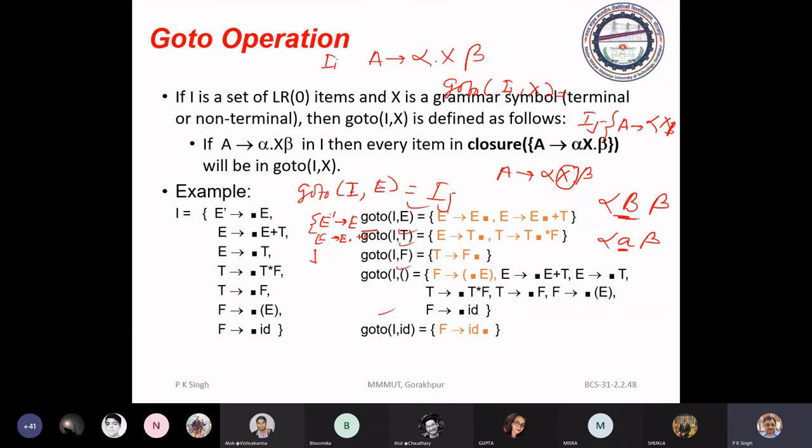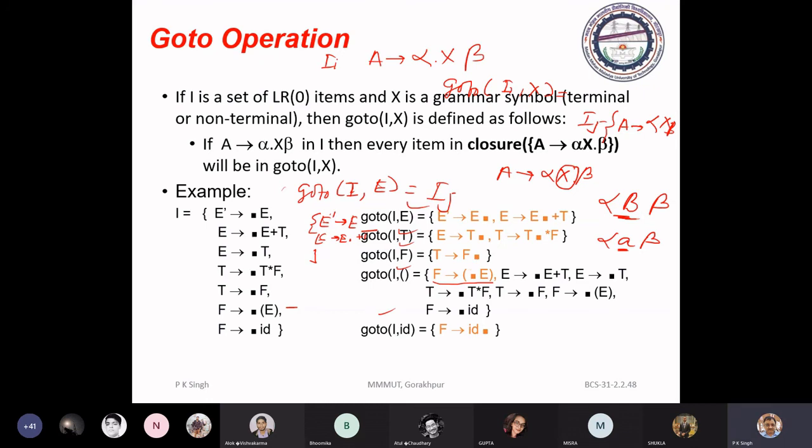Here in the case of goto opening bracket, now you have dot just before a non-terminal. Then you have to compute the closure.